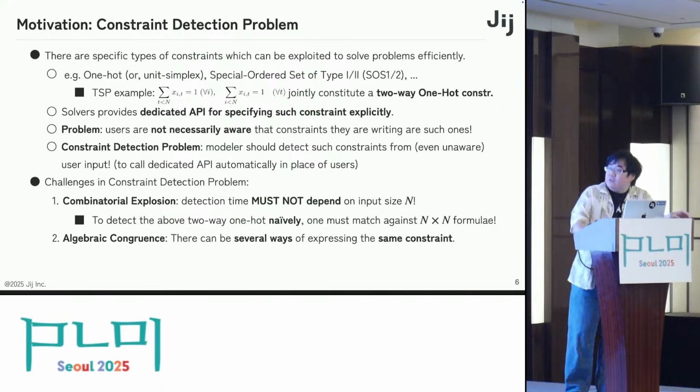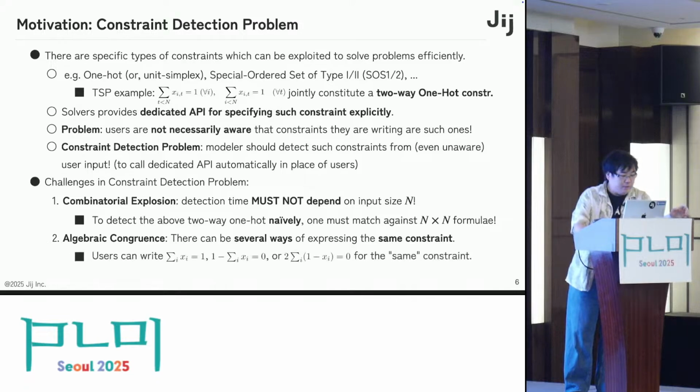The second challenge is that we have to take algebraic congruences into account. There can be several ways of expressing the same constraint. For example, these three formulae are all equivalent, and we must detect each of them